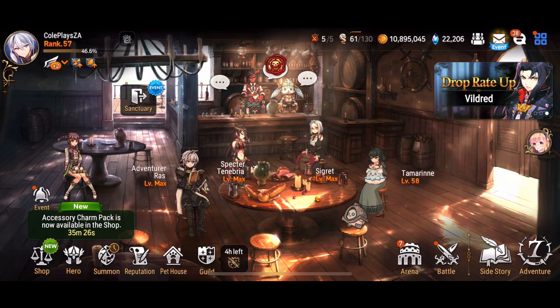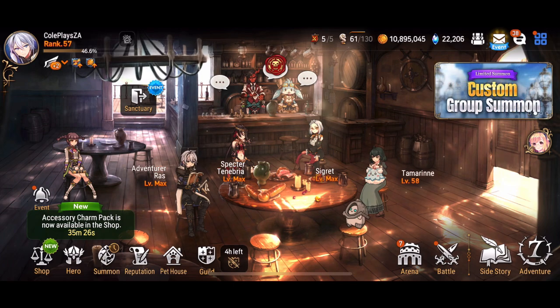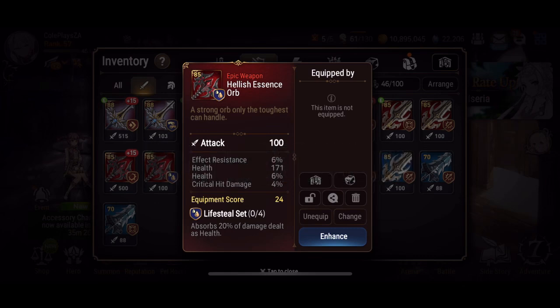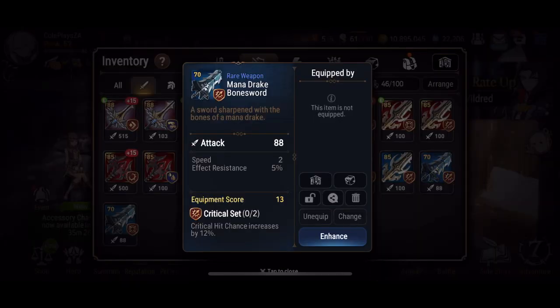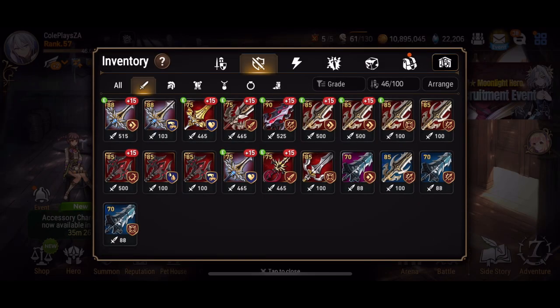In this video we're going to talk a little bit about extraction, when you should be extracting your gear, and essentially what to do with it. Now, extraction is when you take a piece of gear and you extract an equipment core from it. What this essentially means is you extract a little resource from gear depending on its grade and